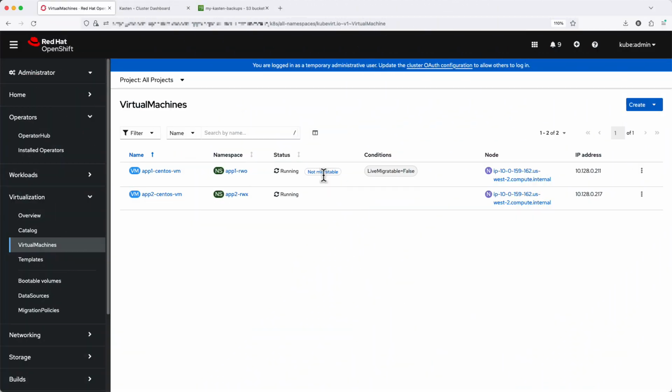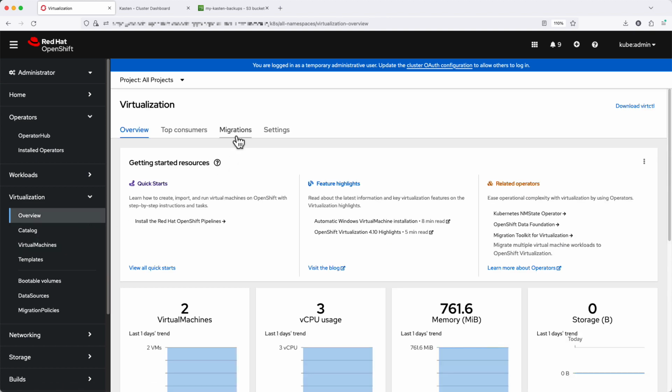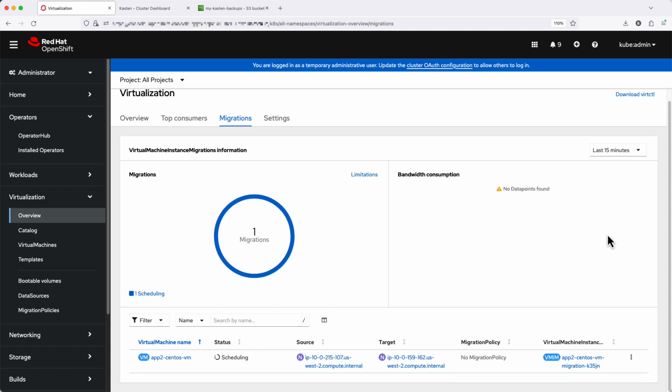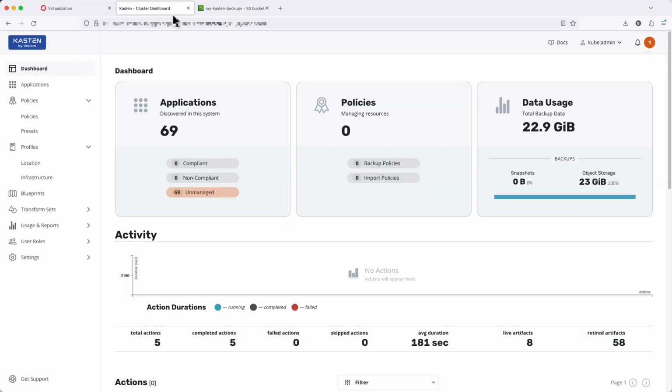For this use case, the why we care goes beyond file system overhead. We're talking about a cherished capability of virtualization administrators worldwide: live migration between nodes. In order to live migrate a KubeVirt-based virtual machine, as I'm showing here, that VM must be provisioned with read-write-many storage, which we just saw is only supported in Ceph RBD when using block mode storage. So now that we know our why, let's take a look at how Kasten can ensure that that data gets